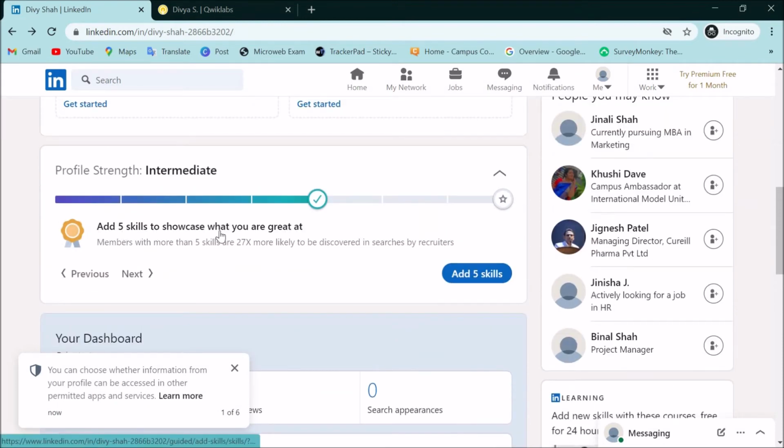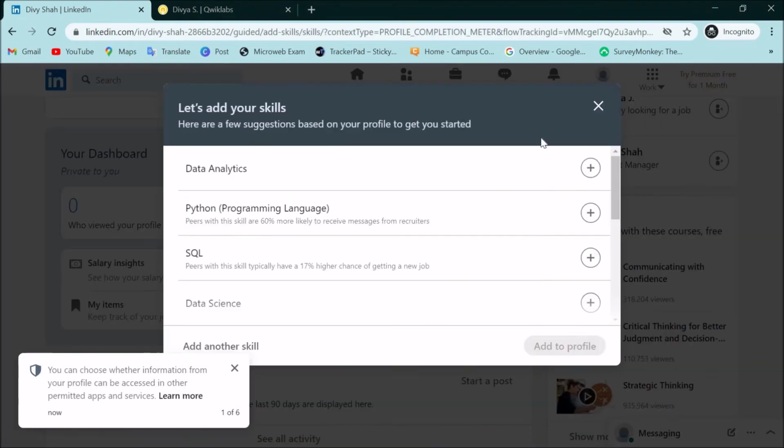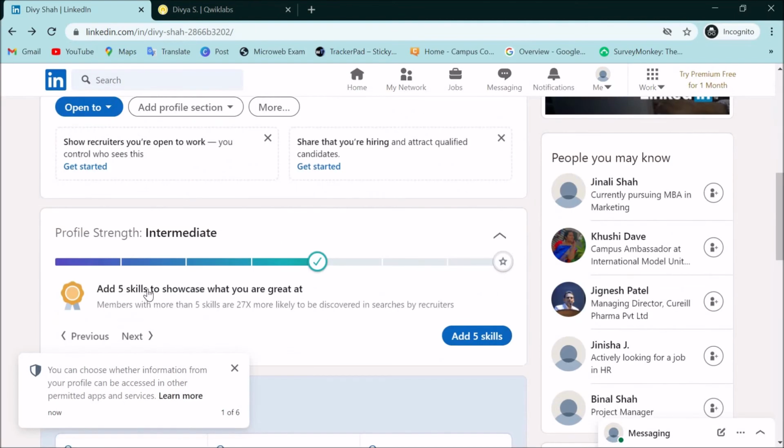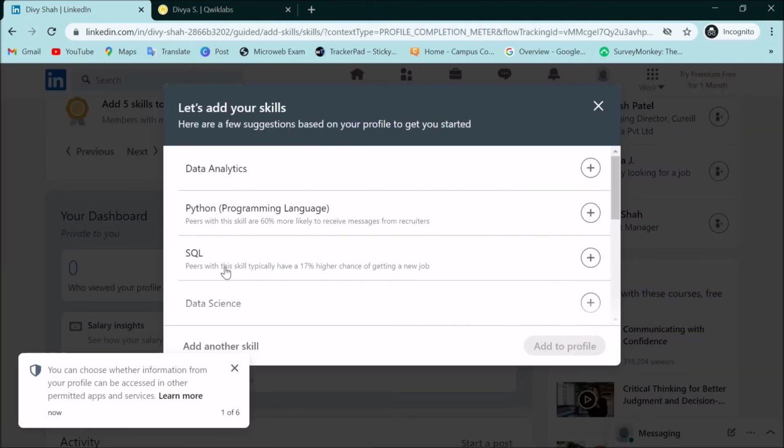So in this way you have to learn the 5 skills from LinkedIn and from Quick Labs, or you can simply add certifications, the 5 types of them, to complete this stage, and add your skills.